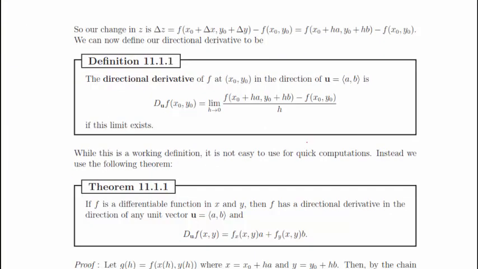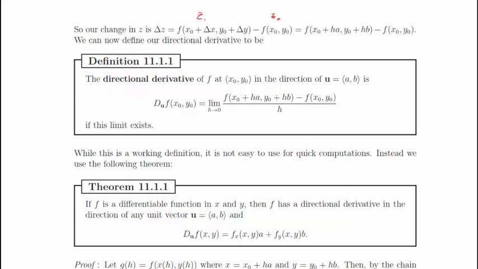So our change in z is delta z equals f of x naught plus delta x, comma y naught plus delta y, minus f of x naught y naught. Right, so here we're getting my z value. So we start at this initial z naught right here, and then as I move by delta x and delta y in the u direction, we get some new z sub 1, and when we do the difference of those, that gives me my change in z. Now delta x and delta y we know are ha and hb as discussed above, so we can define our directional derivative to be